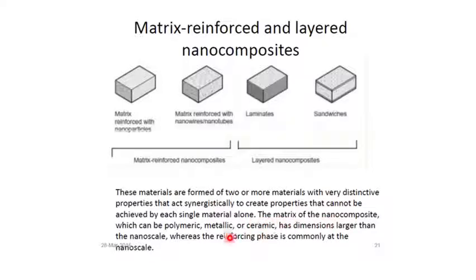The matrix of nanocomposites can be polymeric, metallic, or ceramic. The matrix may be of three forms: polymer in nature, metallic in nature, or ceramic in nature. It has dimensions larger than nanoscale. So the matrix has dimensions greater than nanoscale. It is a 3D material, while the reinforcing material is of nanoscale. These are either nanoparticles, nanotubes, nanowires,